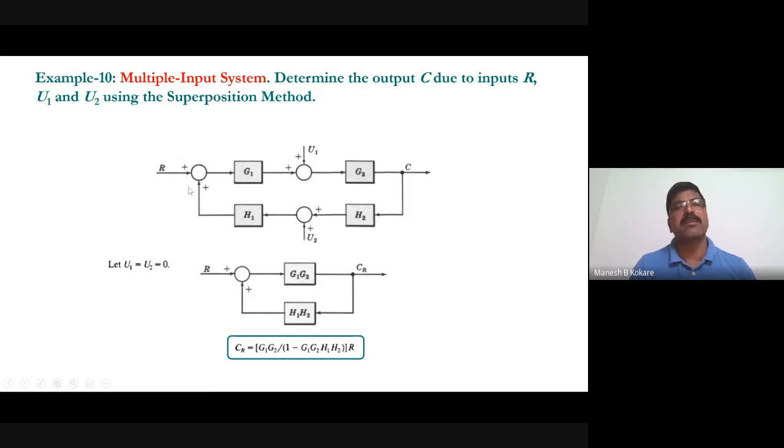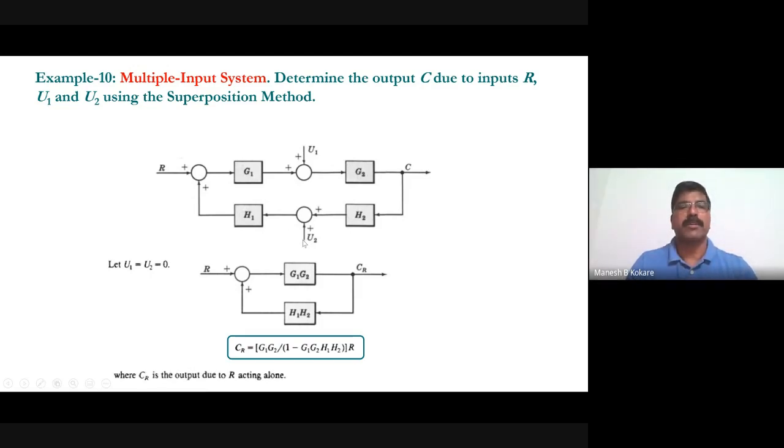You can eliminate this summing point and this summing point. So can somebody tell me, when you are considering U1 as input and then R is 0, U2 is 0? Sir, it will be G2 upon 1 minus G1 G2 H1 H2. Very good, right? And then when you are considering this U2 as an input,